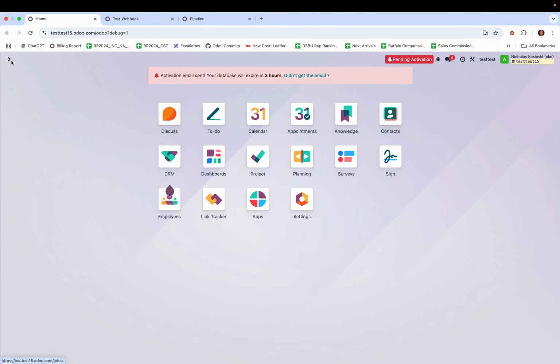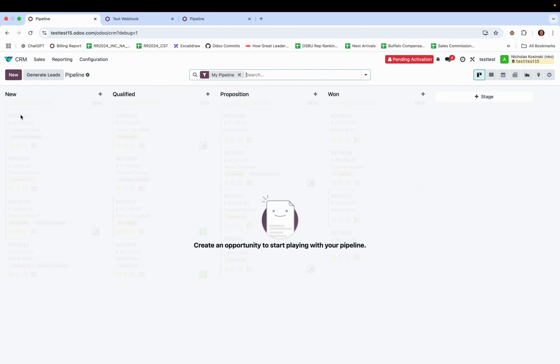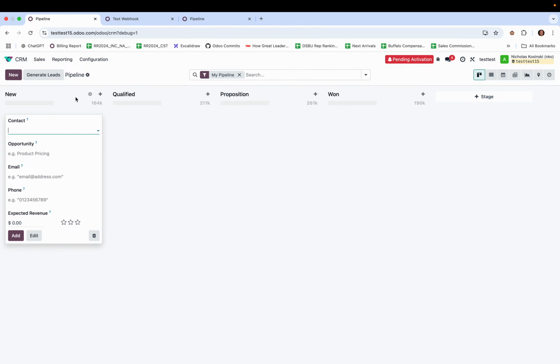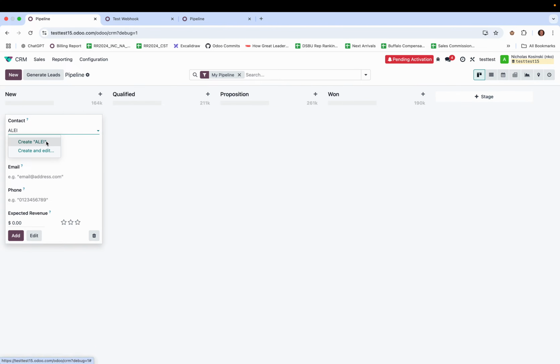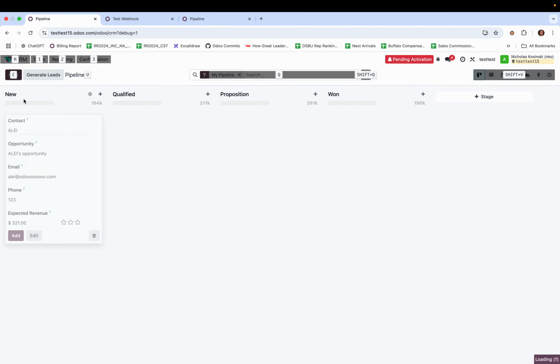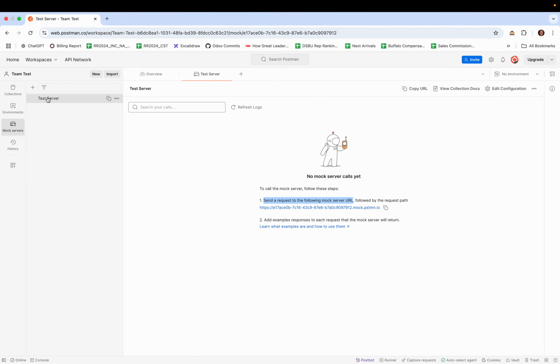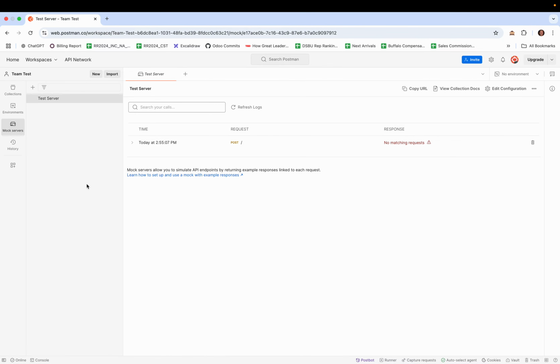So when I go to my CRM, I'll create a new opportunity. I'll call it ALEI, and I'll give it an email of ALEI@odoo.com, phone 123, expected revenue 321, and I add. Now, essentially what I'm doing is I'm creating, in this case, the opportunity, and when I refresh, here, you'll see